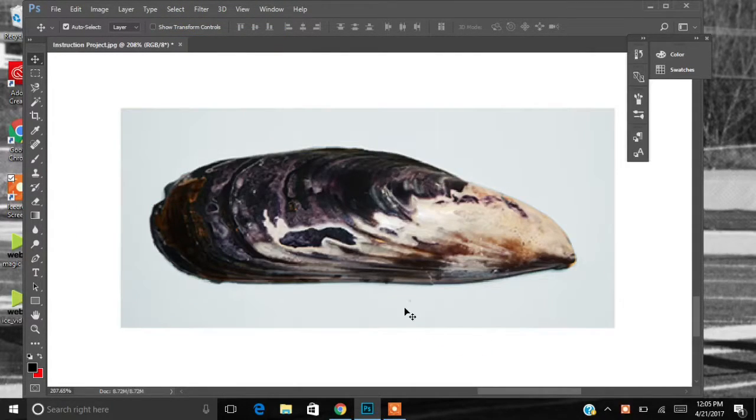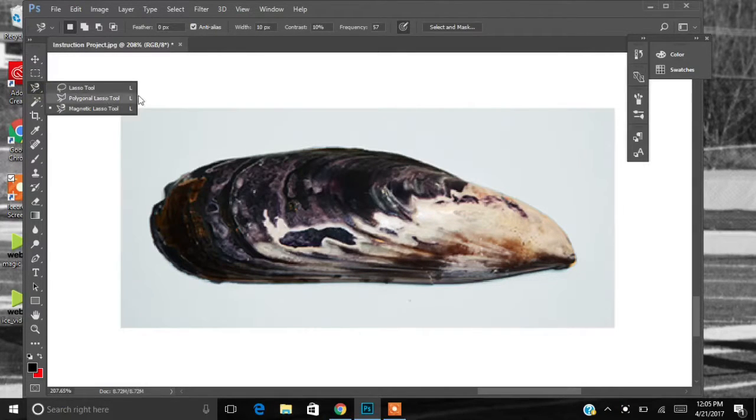Next two tools that we're going to be using are kind of similar. The first one is the lasso tool. So once you're zoomed in your image, go up and find that in the tool panel. And this, you have to freehand trace the entire image while holding the mouse down. And you can do this